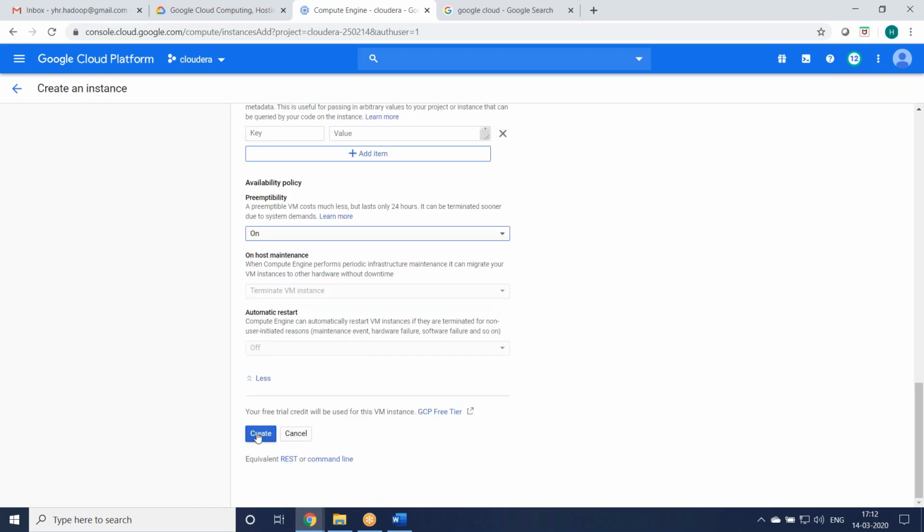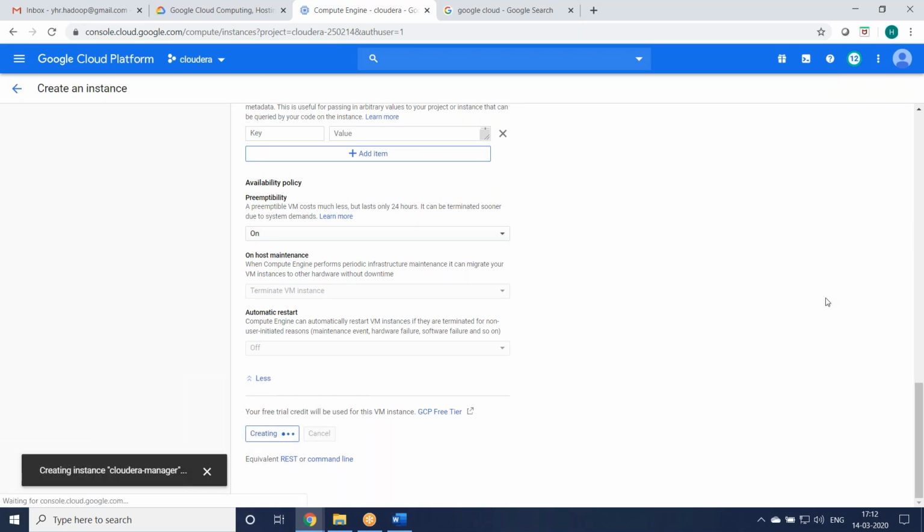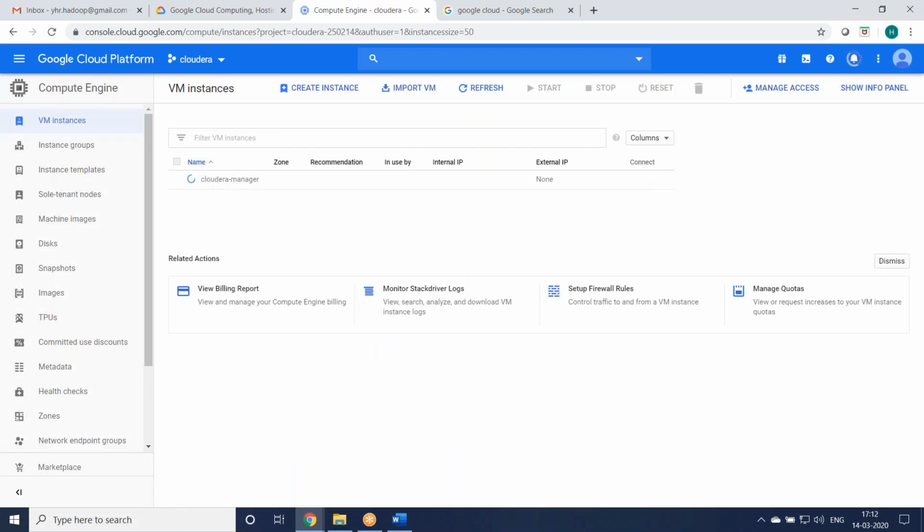We are going to launch the virtual machine. Create. One virtual machine is going to be created. You can just observe it. It will display the internal IP, public IP, everything. Wait for just 5 to 10 seconds. You see, the machine is ready.